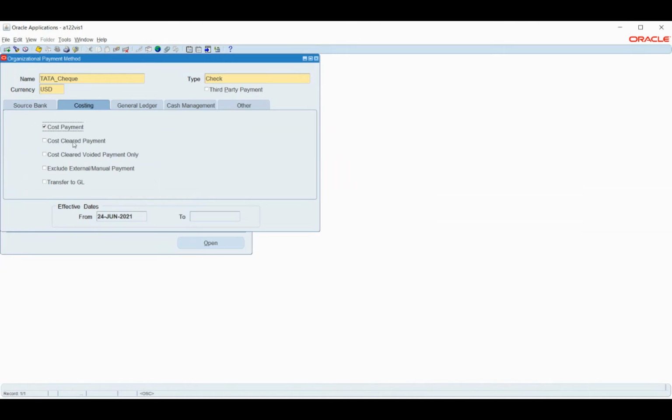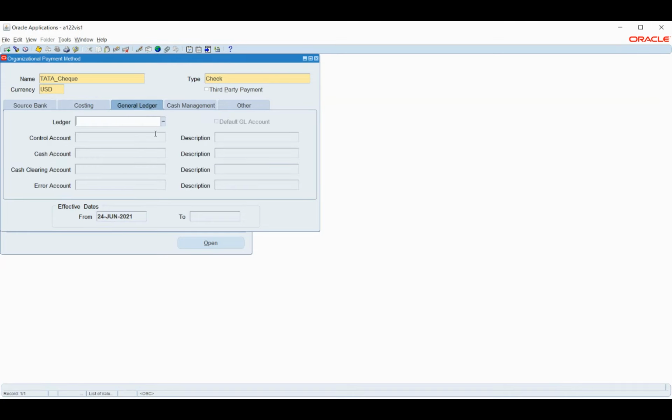So I will need all these options. Unless I complete these processes, I will not be able to complete my payroll cycle. Unless we transfer these payroll transactions to GL, this will not end inside Oracle. That's the reason I'm giving all these options. And external manual payment is nothing but an ad hoc payment that we will release to an employee, so we probably will not need it. I'm just excluding this part alone.